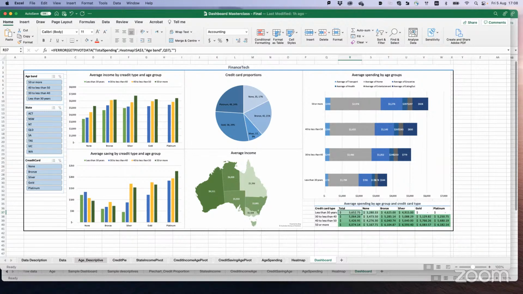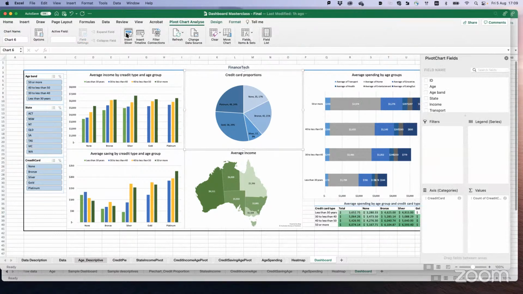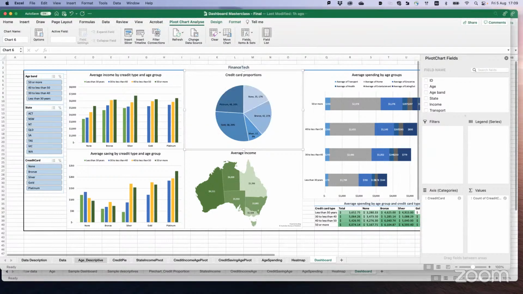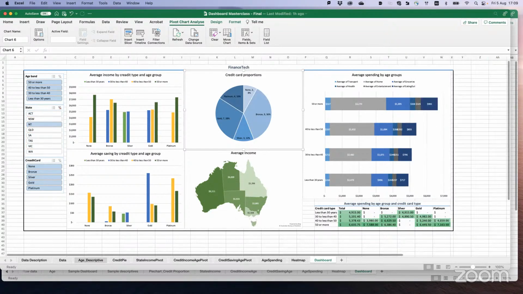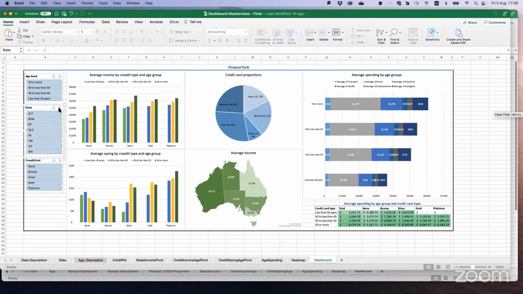You missed how to create? You select one of your graphs, you go to pivot chart analysis, you insert a slicer. You say which slicer you want, and it adds. Can I link a slicer with all charts? No, it becomes meaningless. Sometimes, like linking state to this graph is a bit meaningless. What's the point? It is not just you randomly linking everything together.